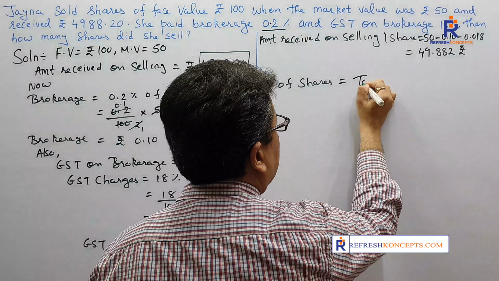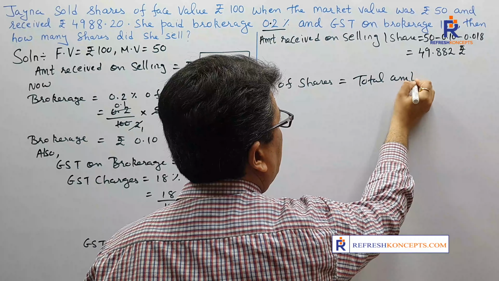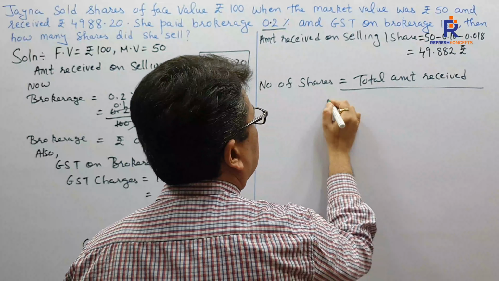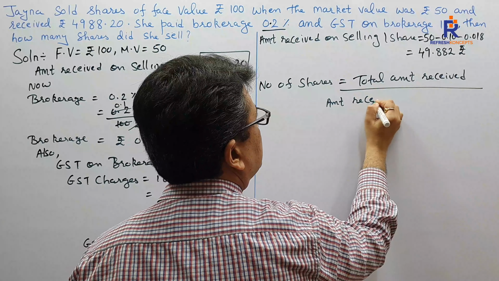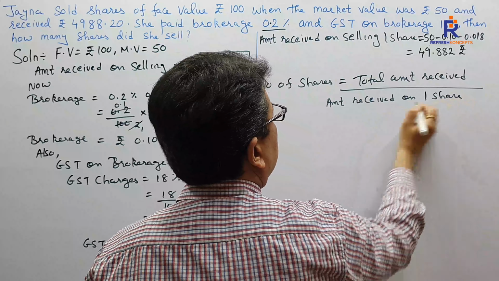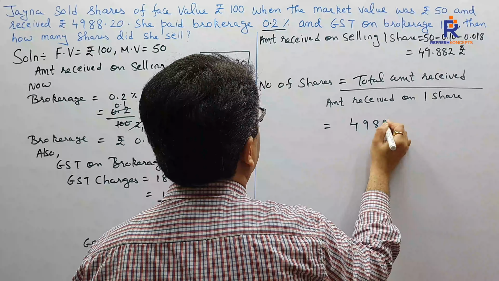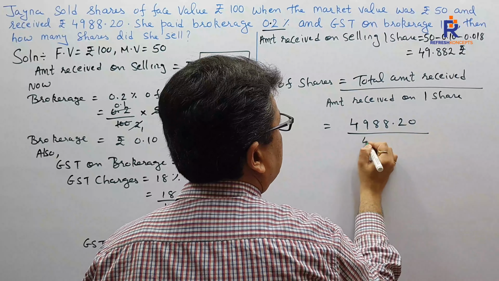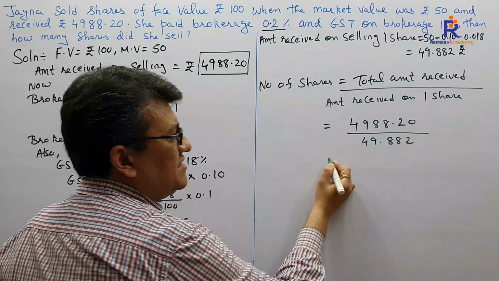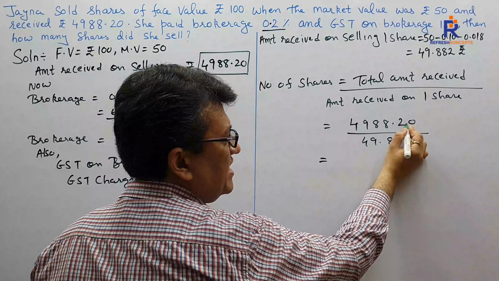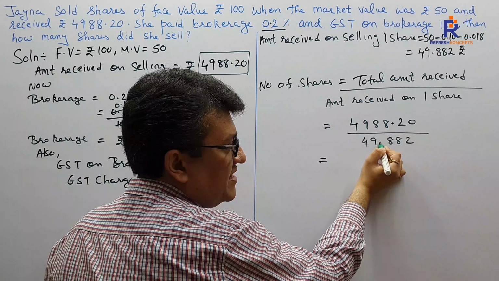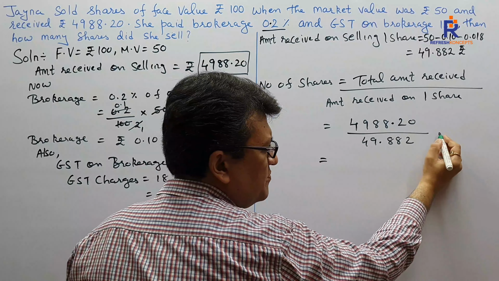So total amount received upon amount received on selling one share. So what is the total amount received? 4988.20. What is this? 49.882. Children, just understand the decimal part of it. There are three decimals, there are two decimals. If you just see after how many digits the decimals are there, can I say 1, 2,